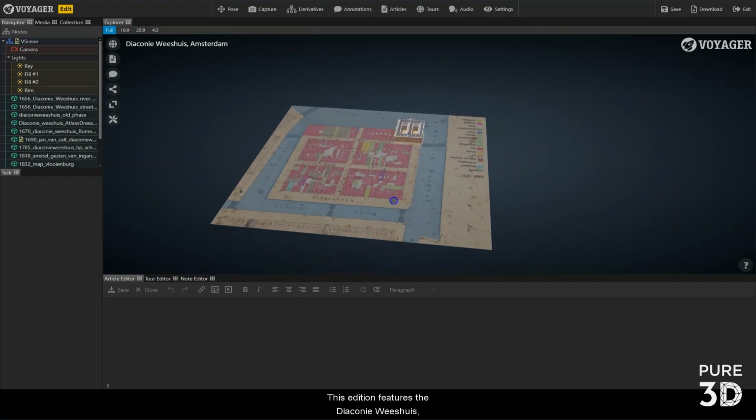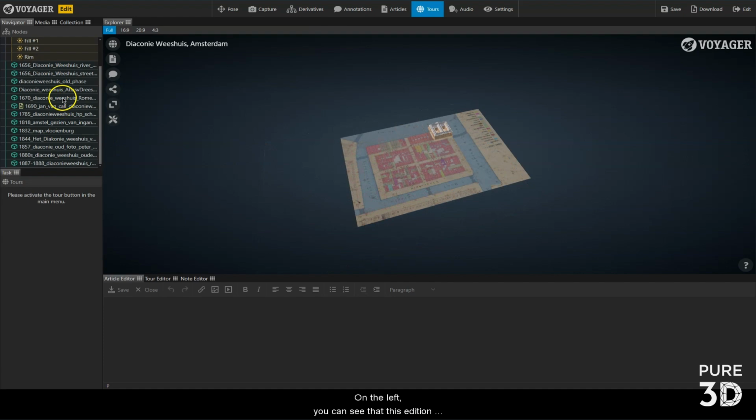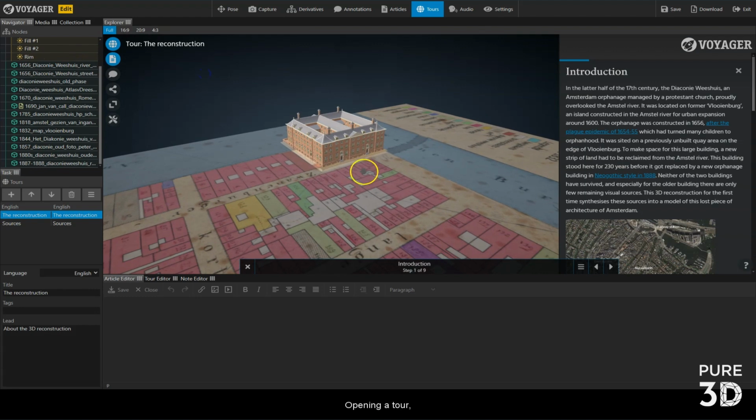This edition features the Diaconie Weeshuis, the orphanage in Amsterdam. On the left you can see that this edition features a lot of models. Most of those are pictures. Opening a tour,